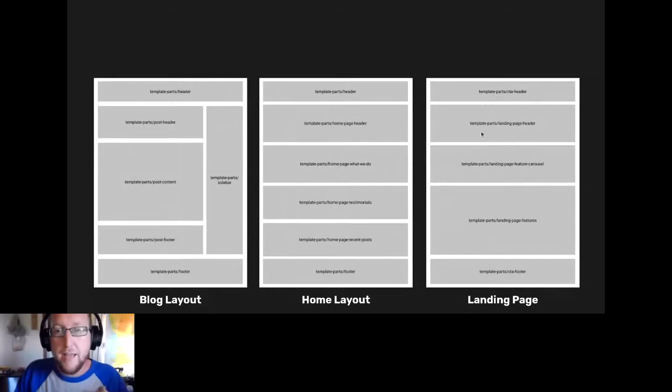And the header for the landing page is a little bit different than the home page, so it's a different template part. And then you've got this feature carousel that shows a different set of features. And that's different. And then the other thing is you've got this landing page list of features. Maybe you've got all these cards stacked up in a 3x3 column that shows what makes this product they're selling so great. So with that, you've just now created 5 more template parts, 5 more hard-coded parts, all for this one page